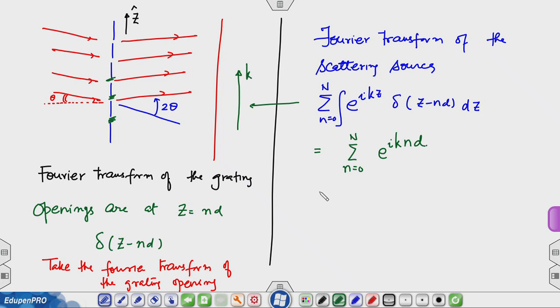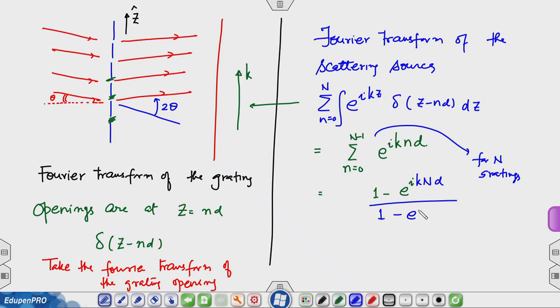This I can sum over e raised to i k n d. If there are n gratings, it should be n minus 1, right. So, this n minus 1 for n gratings. So, it will be e raised to i k n d divided by 1 minus e raised to i k d,